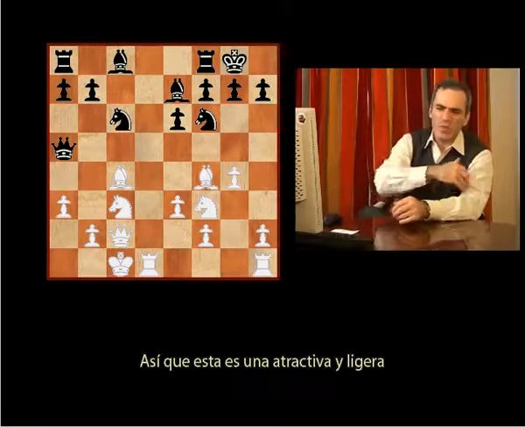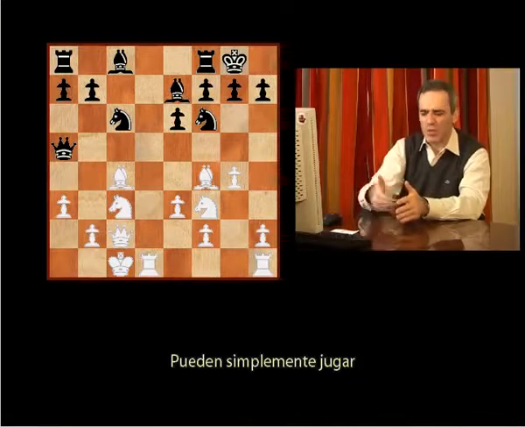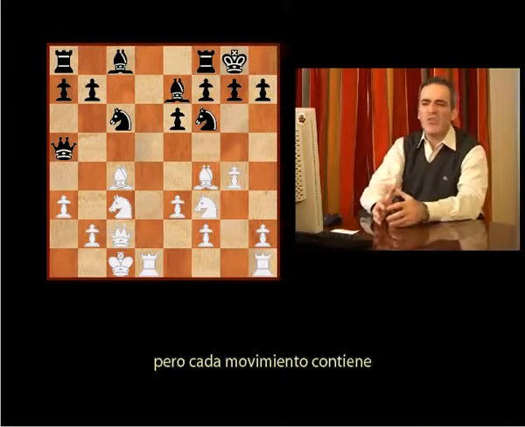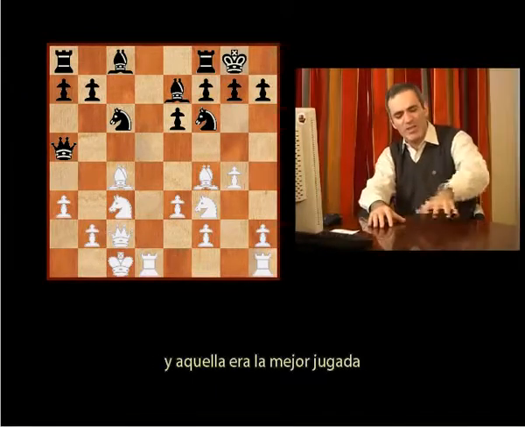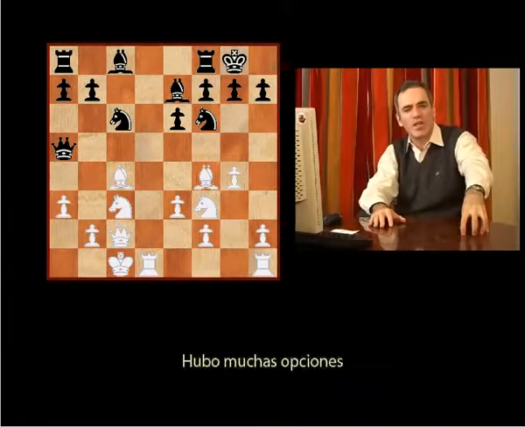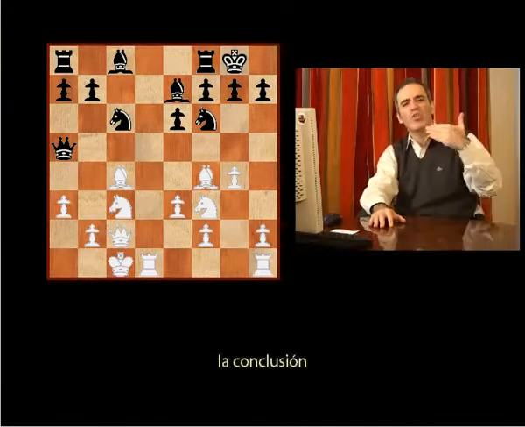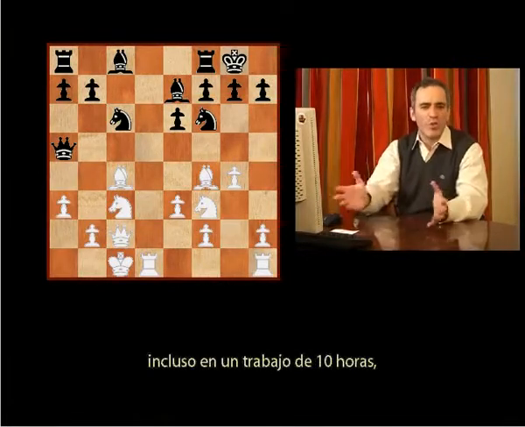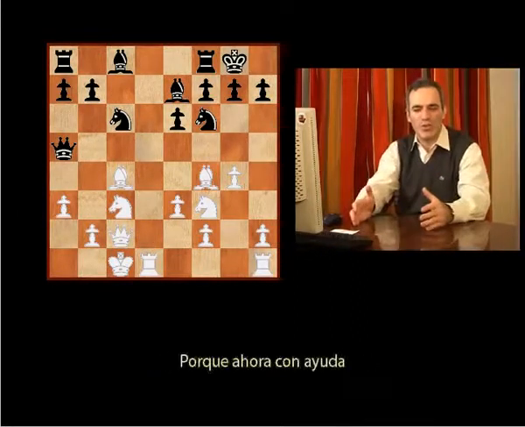So this move is quite a nice and light sequel. So just you play dc4, bishop c4, e5, g5, but each move contains so many possible deviations. There were so many games played to identify what was the best move in this position. There were a number of options that both white and black exhausted before reaching the conclusion this is the best move. So it's virtually impossible even in a 10-hour story to tell you all the details,